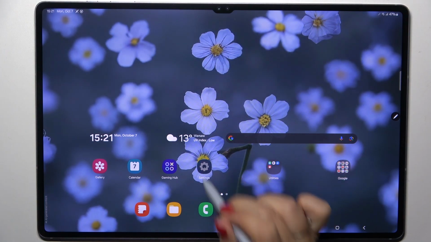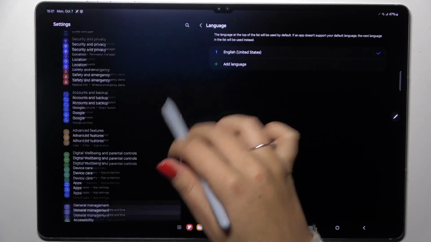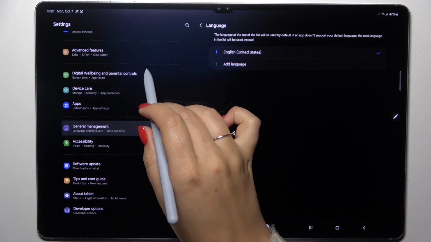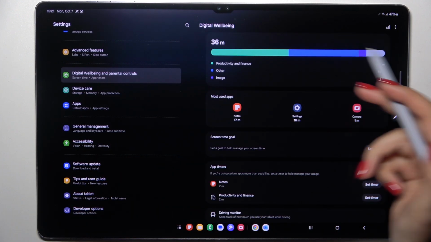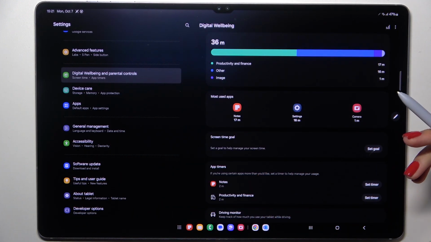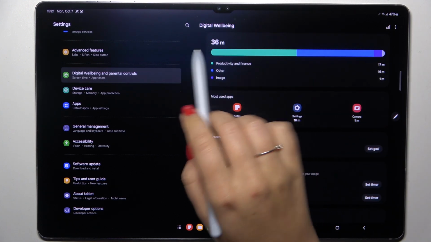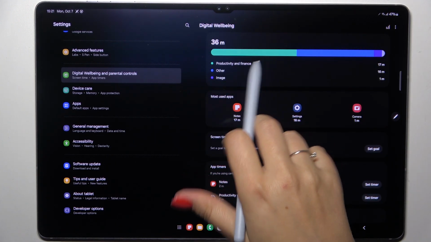So let's start with opening the settings, and here in this left section we have to scroll down to find digital well-being and parental controls. And as you can see here, we've got the graph which will show us for how long we've been using this device today. In my case it is 36 minutes, and you can see the